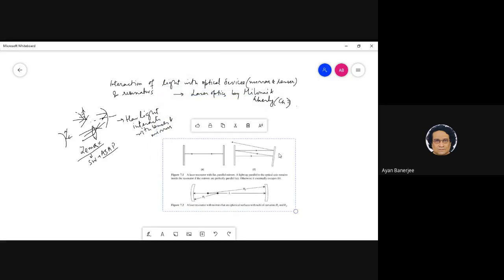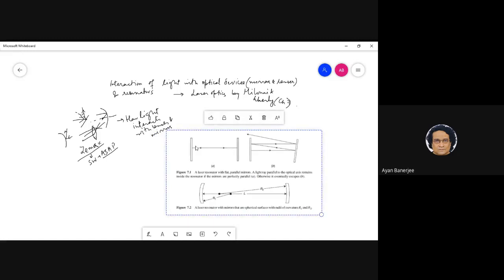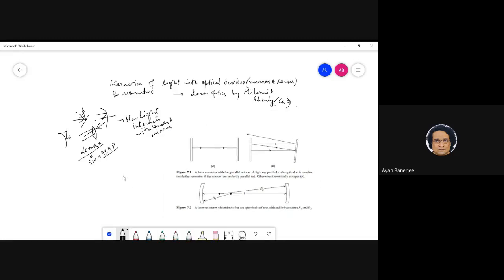So basically, what we have here is types of resonators, and as you see, this one is good. What is the meaning of a stable resonator and an unstable resonator? What do we mean by that? This is what I want to tell you, and this is where it all really boils down to. So a stable resonator essentially means something where if I come in with a beam from this side,